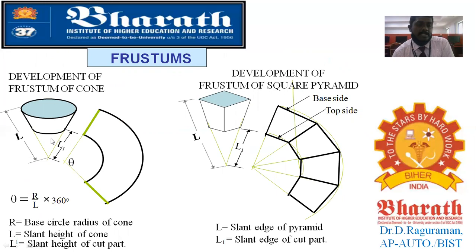The base surface, what I said, is a circle. Here also a circle, but with a reduced radius. Here you will have a square shape, and here also a square shape, but with a reduced size. That is the meaning of a frustum. And truncated, as already said in the section of solids itself, is when you cut that solid in an inclined manner. But for development, it is concerned with the frustum solids only.